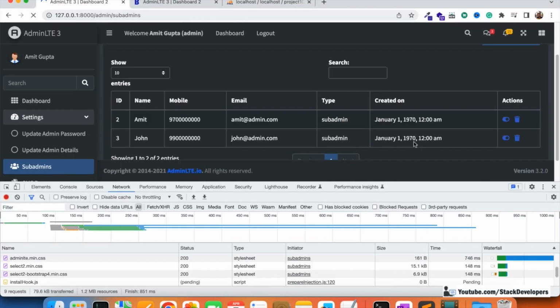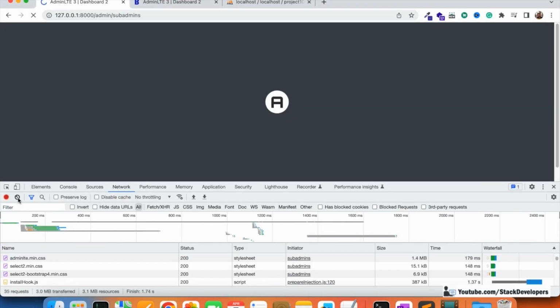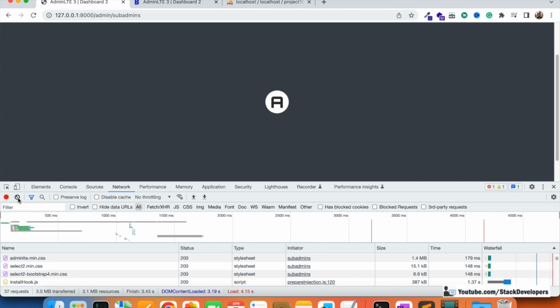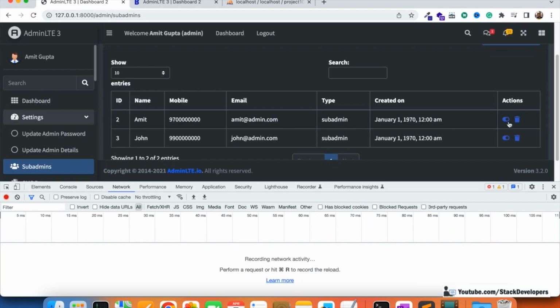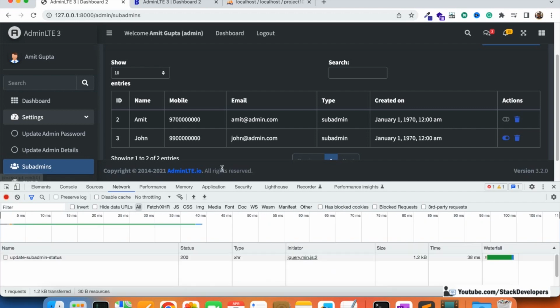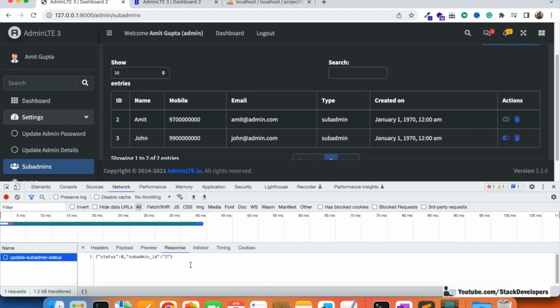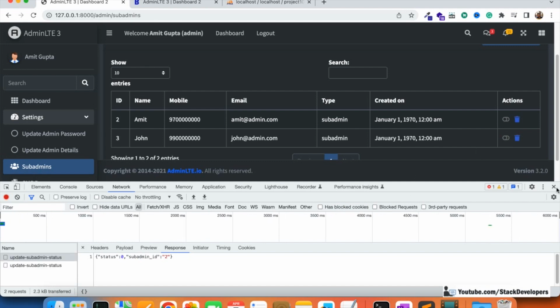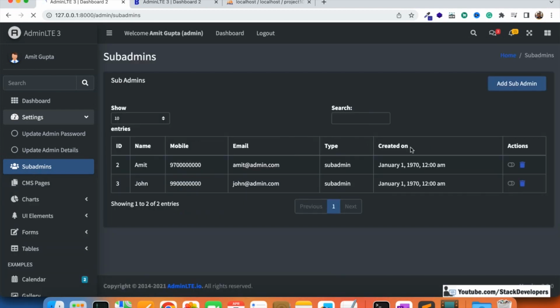So now we are going to check one thing again. I think maybe debugging is not required, the error is in front of us that we have resolved, and now we are going to click to inactive status once again, and this time it is working fine. You can see we are able to inactivate it. We can see, refresh it, and you can see it shows inactive. Like we will activate